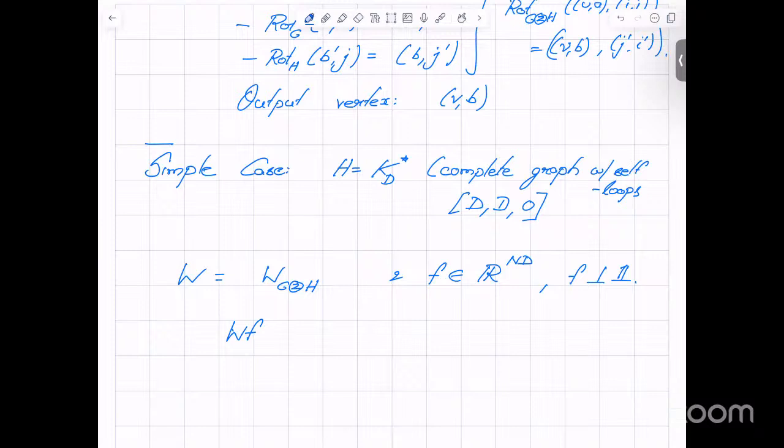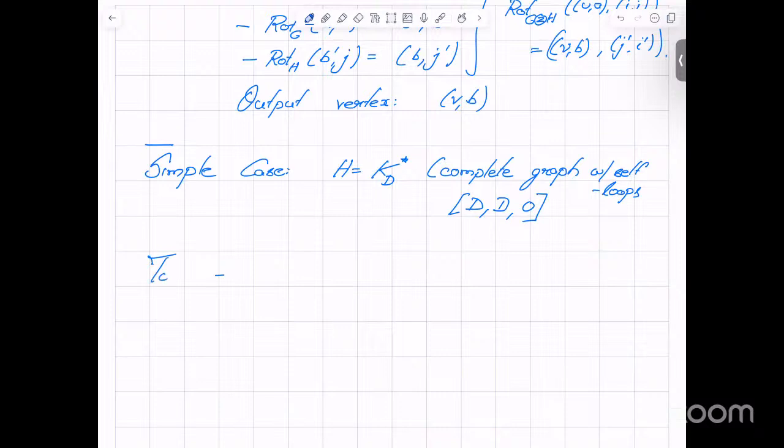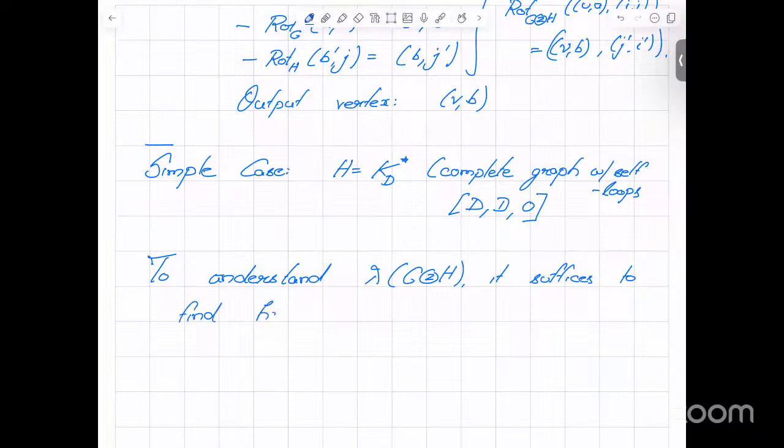Let's ask this for the simple case, to understand. So what I want to say is, to understand the spectral gap, to understand lambda of G z H, it suffices to find how does